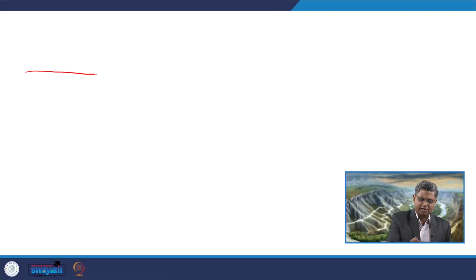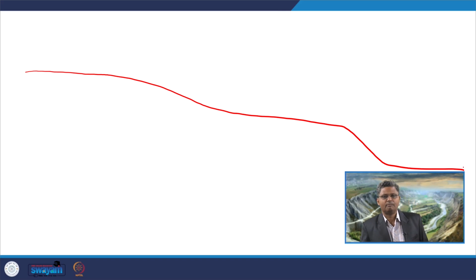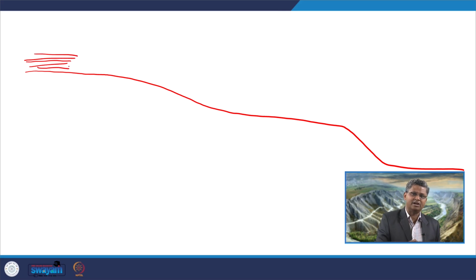We can try to understand this with a very simple diagram. Say this is the continental part, then this is the shallow part, then we reach the shelf, and then this is the slope to the deep basinal part. During the lowstand, we get the formation of fluvial aggradation and a prograding package over here in the marginal part of the basin, forming a delta.